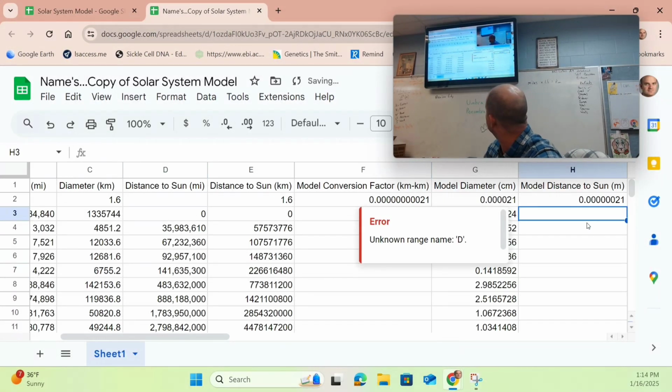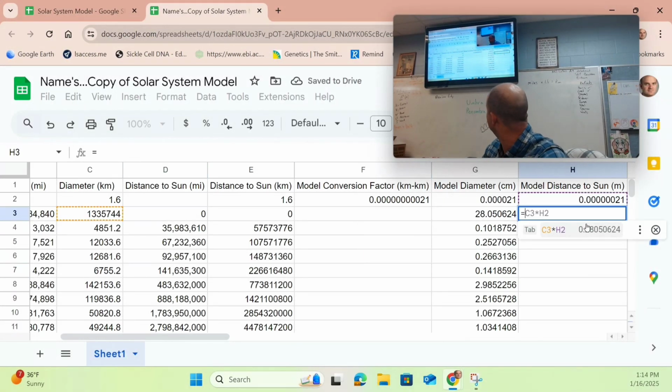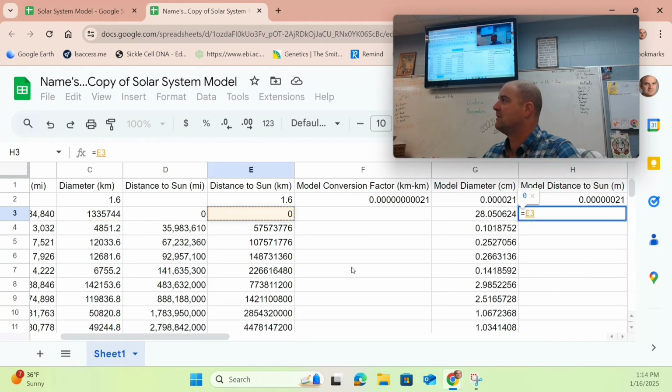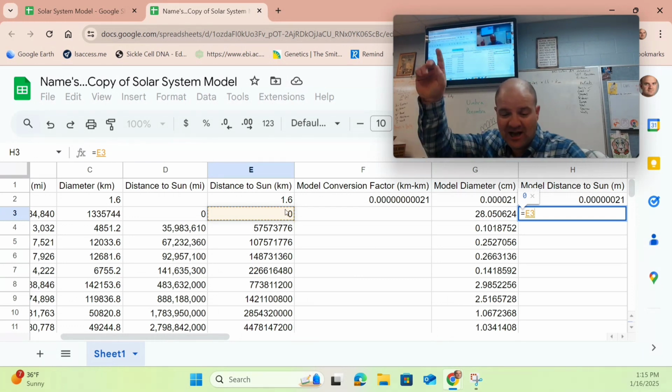Good grief, we need to delete that. Equals distance to sun in kilometers. Why does it matter? They're both 0. Well, because one will affect the formula, right? Wrong. All right, so we got the correct box times